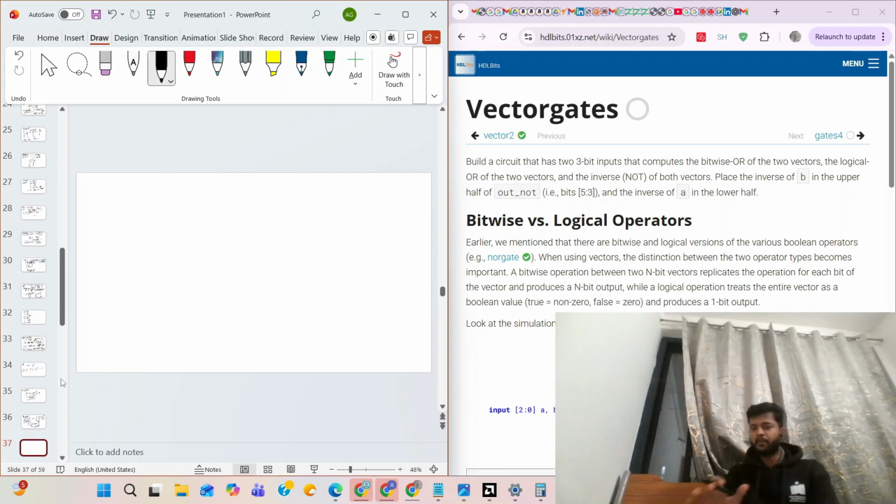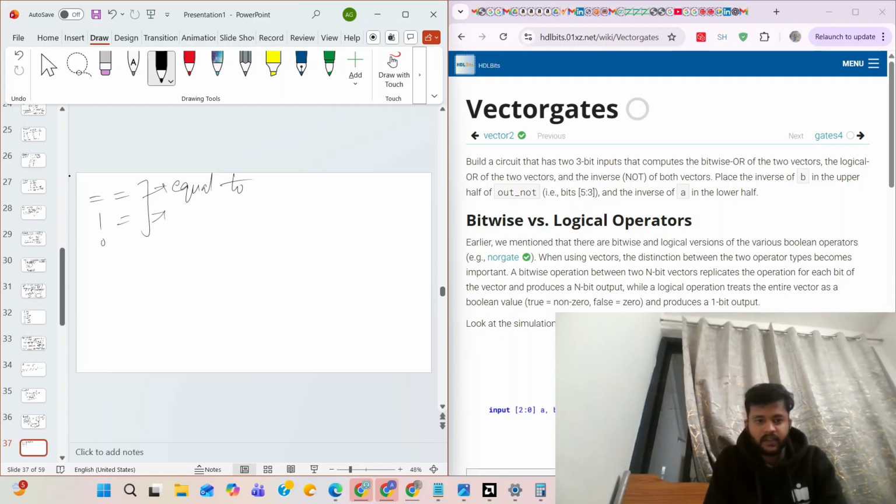So this was the brief of operators. And one more important point. This one is equal to, this one is not equal to, and this one is also an equality operator. So what is the difference?